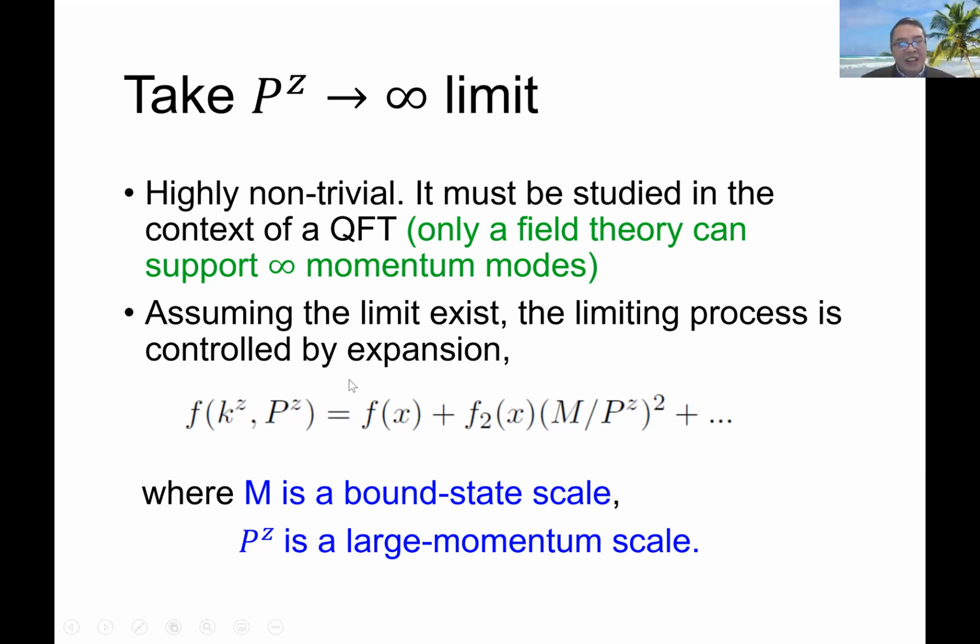So let's assume we calculate at a large momentum, pz, and we get a distribution. And we can expand this around the pz equal to infinity limit. The leading term here would be the Feynman parton distribution. And then we have the power corrections, which go like the hadron mass divided by the momentum, squared. And so if this limit exists, and you can use a Taylor expansion to study this, the problem now becomes much simpler. And the key thing is, how big is this expansion parameter?